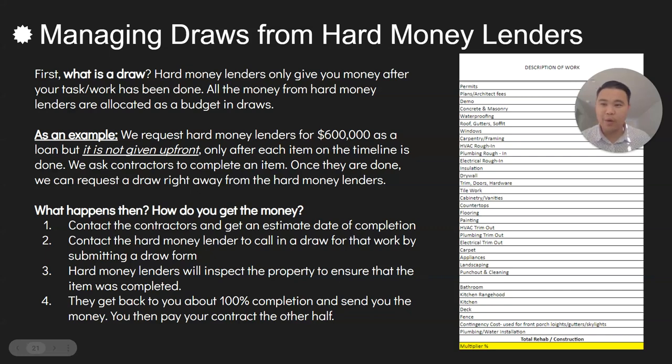In this slide, we're going to go over how to best manage draws from hard money lenders. But first, you might be asking, what is a draw? As I mentioned in the last video, hard money lenders will be giving you money after a certain task has been done. So when you go and qualify for a hard money loan, you will also give them your